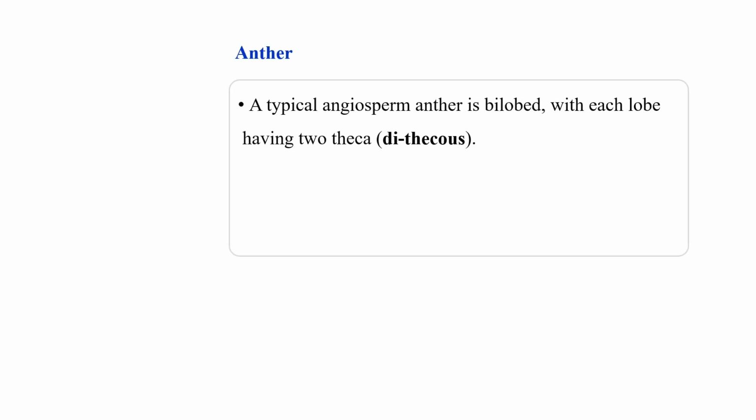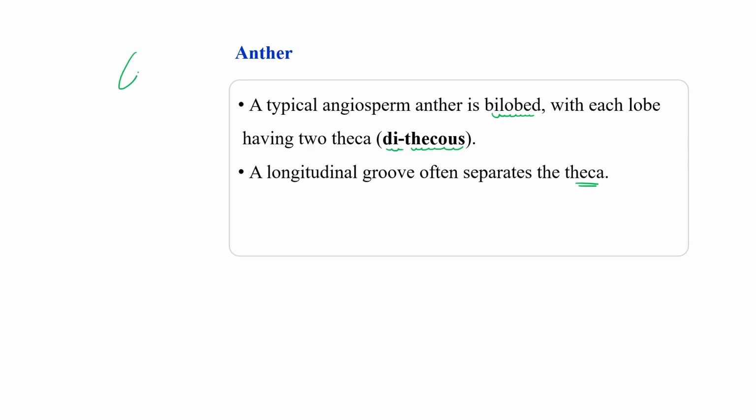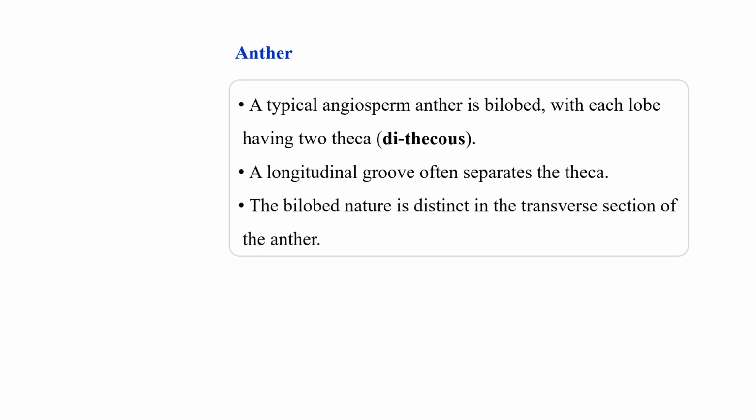Okay. So anther: a typical angiosperm anther is bilobed in structure, with each lobe having 2 theca, or dithecous. We can use the term dithecous for the same. As it is bilobed in structure and each lobe has 2 theca, a longitudinal groove often separates each theca, a longitudinal groove like this. So this longitudinal groove actually separates each theca, and the bilobed nature is distinct in the transverse section